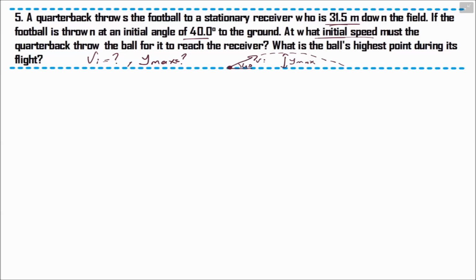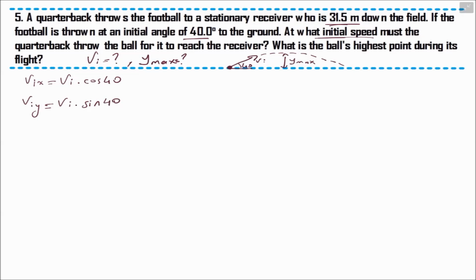First of all, we have to calculate the components of the initial velocity, x and y components, but we cannot calculate them directly because v initial is not given. v initial x is v initial times cosine 40, v initial y equals v initial times sine 40 first of